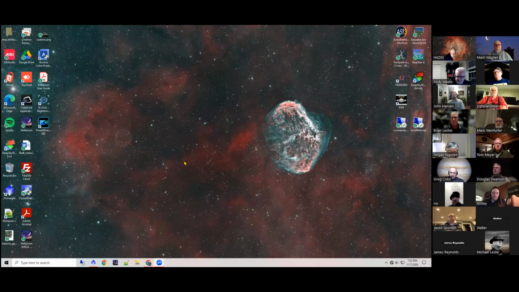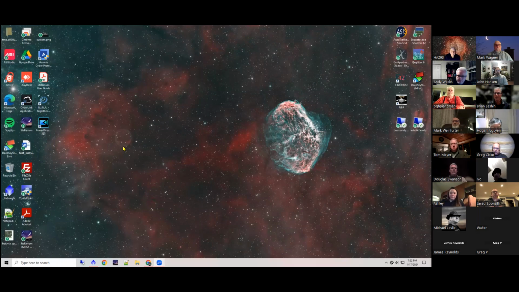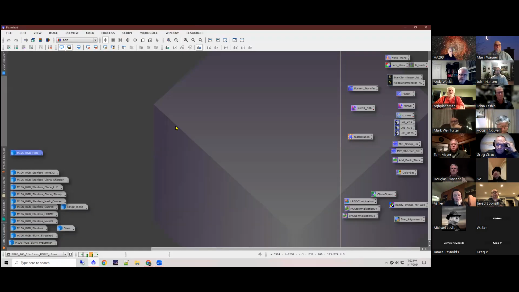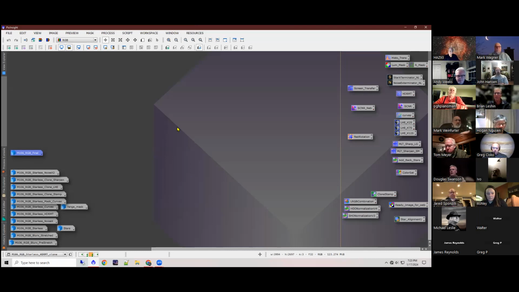This one. All right, so hopefully you see this. This is probably my favorite picture I've ever done, even though I've done lots since. That's the Crescent Nebula. Tonight we're going to go through PixInsight, and this is a high-level view. I just want to give you an idea of how it works and why it is so complex, but it doesn't have to be. I learned, kind of like Greg inferred in the introductions, with hours upon hours